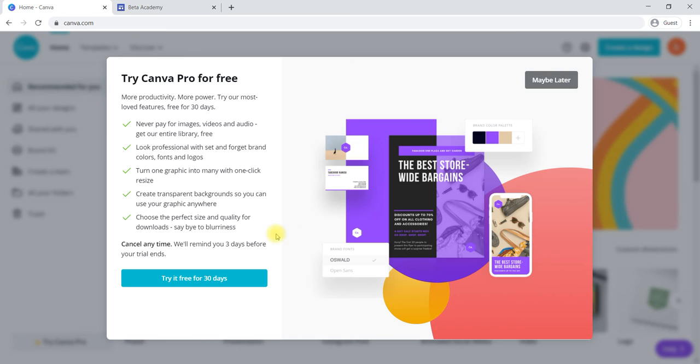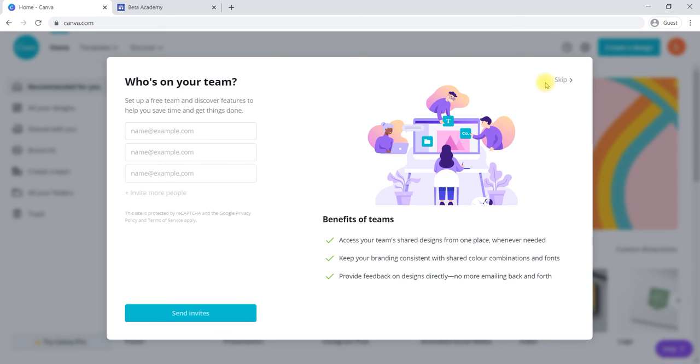We'll say maybe later, because it will ask to try a 30-day free trial. Some of the advanced images you can get. All other things you can do, only a few things you will not be able to do in the free version. We'll tell you what things need to be paid for. We'll say maybe later.